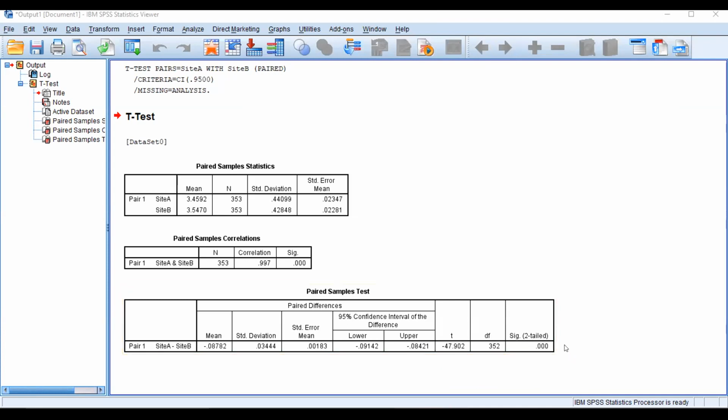Here, p value is less than 0.05, which indicates that we need to reject our null hypothesis and suggested that there is differences between the pricing strategy of these two sites. In site A and in site B, they have significant differences. Is that clear? I think it is clear to everyone.